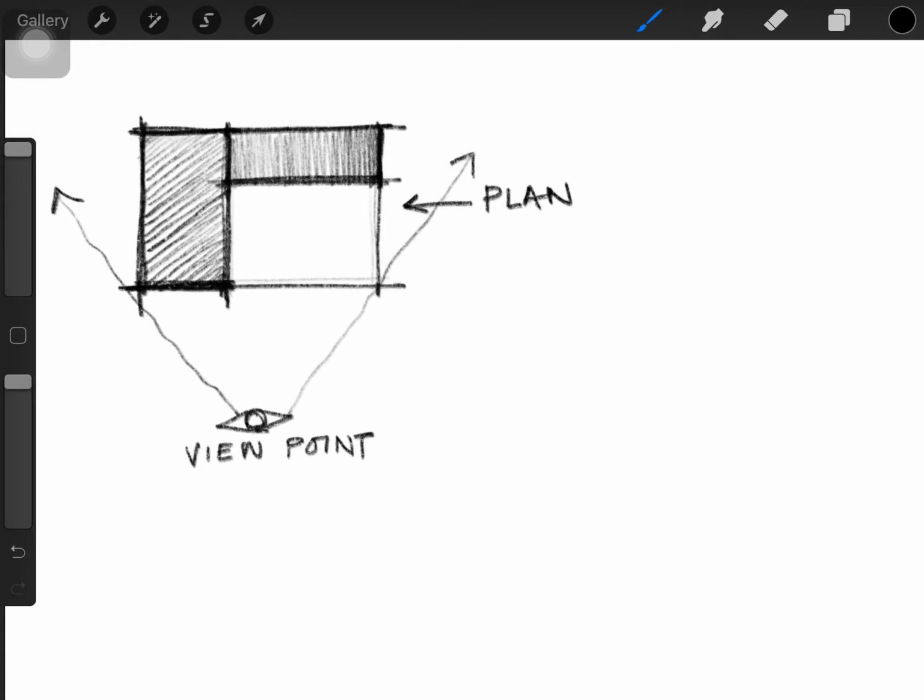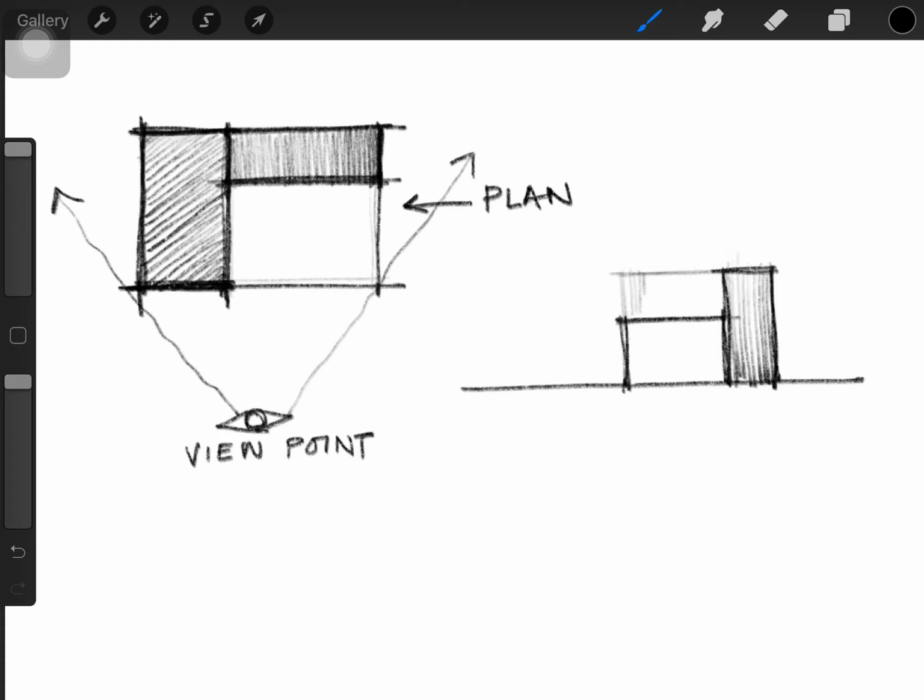So I'm going to talk about our viewpoint from where we are going to view this object. The composition of your sketch is dependent on where you choose your viewpoint. Now there are three different ways you can actually view a structure in front of you. I'm drawing a quick elevation to show you how this works. In the first one, my human figure is standing on the ground and his eyes are a little more above. So his vision would cross right somewhere in the middle of the structure, as you can see.